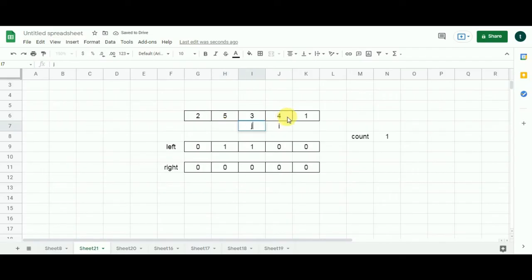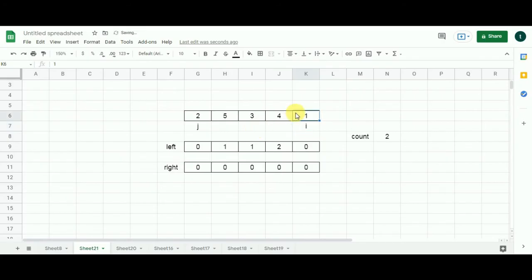Over here, is 4 greater than 3? Yes, it is. Now, since we have got the second rating which is less than the current rating on the left, this count variable increases by 1 and it becomes 2. I am going to populate the value 2 in this cell because J has completed all its iterations. Now J goes back to its base position and I moves to the final cell of the problem array.